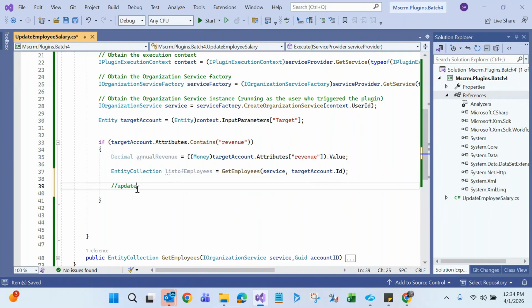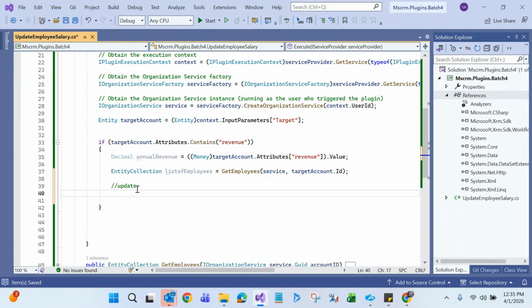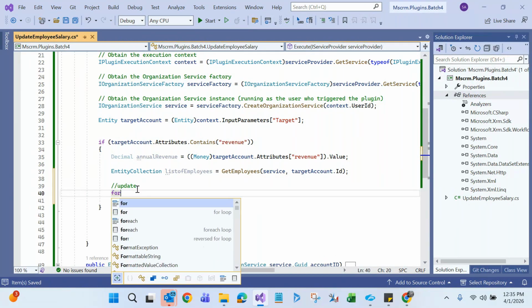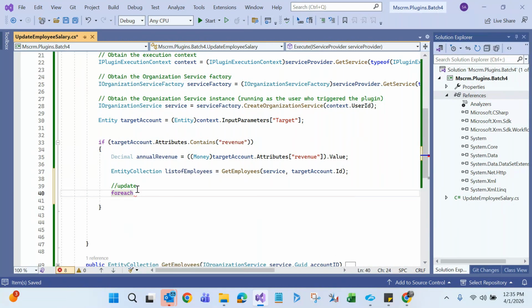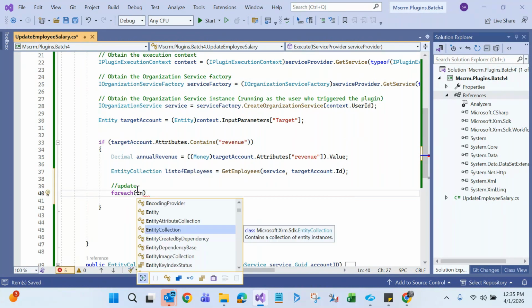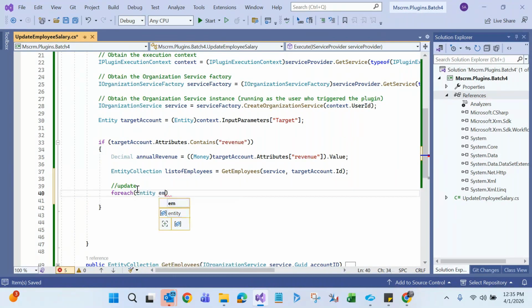Update statement. But you cannot update all the records at once. You need to loop them. First record update, second record update, third record update, like that. So for that reason, you need to write a for each loop. For each loop, entity means a single record from the list of records. Entity employee in, so here you have the list of employees,